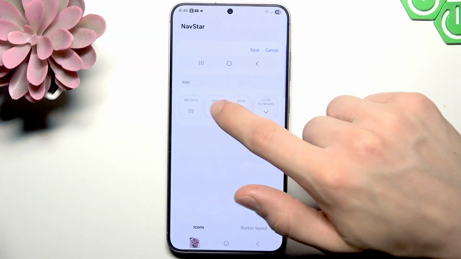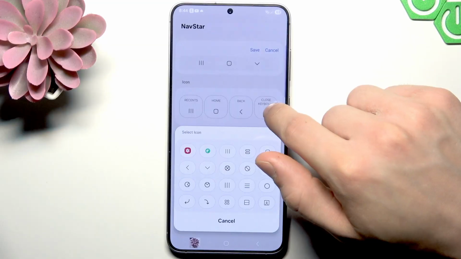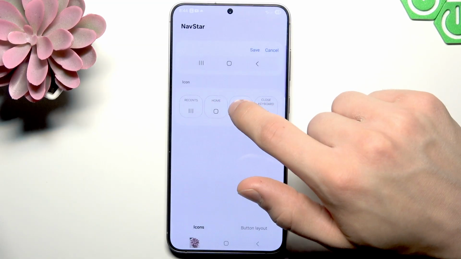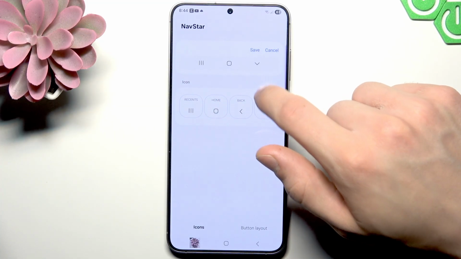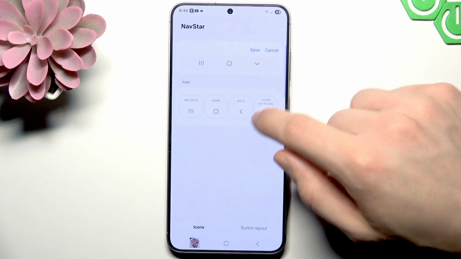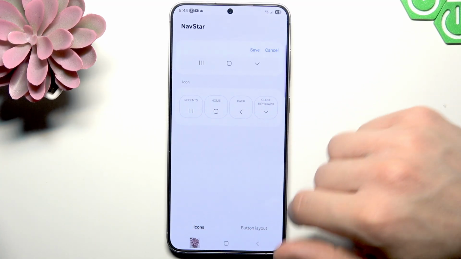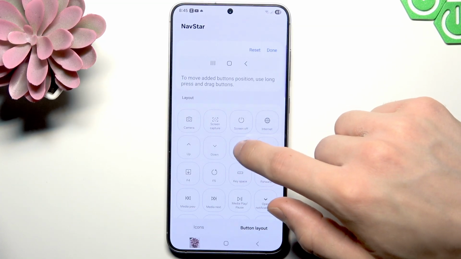and this way we can basically adjust and customize all the buttons on our navigation bar. We can also change the button layout,